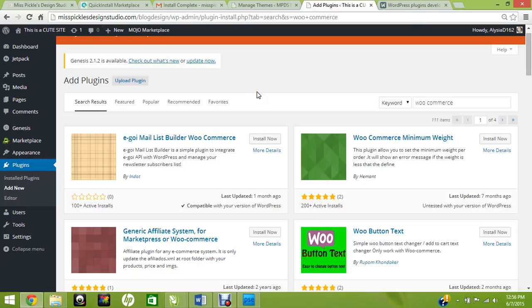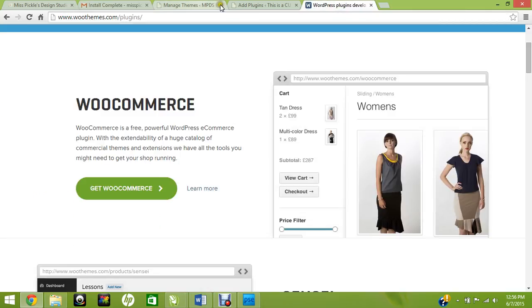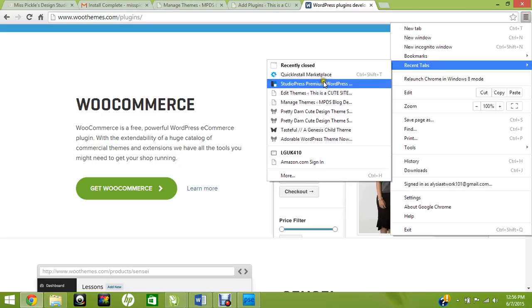If you go onto StudioPress, like I said, some of the themes come with that already installed into it, and as soon as you install the theme on here, the shopping cart's already there. So if that's something that you want to do, you find a StudioPress theme that has the e-commerce option. I just closed StudioPress, but I'll open it back up, and if you go to the functions, just like we did for the header,